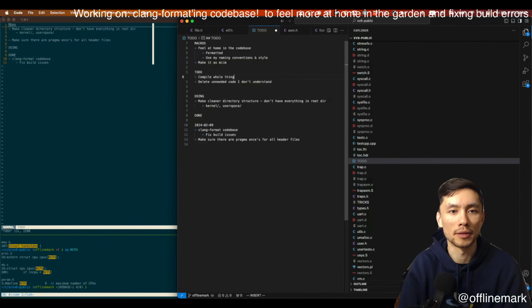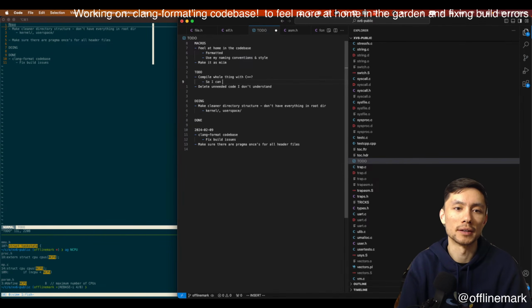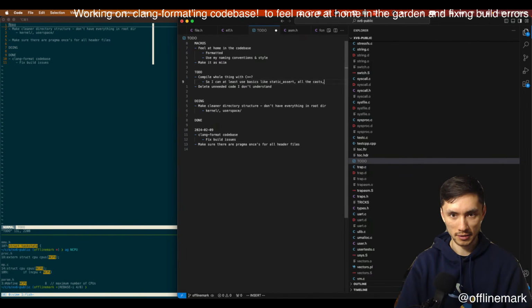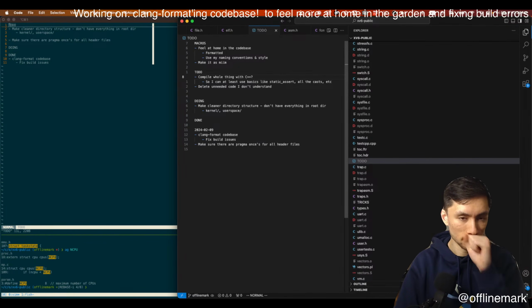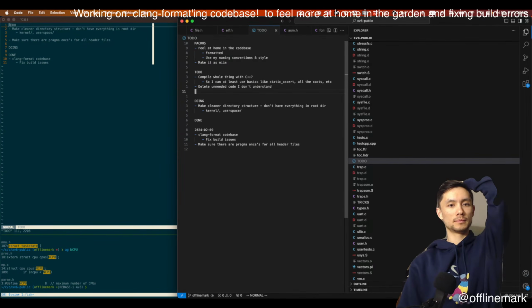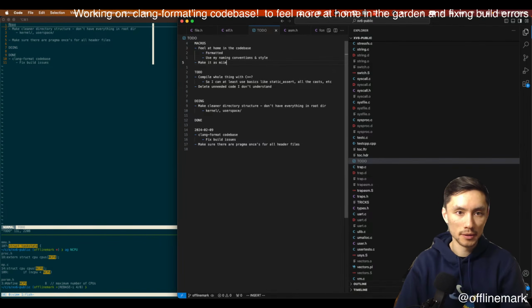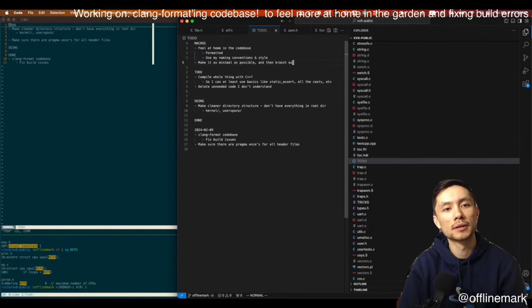Compile whole thing with C++, so I can at least use basics like static assert, all the casts, etc. Make it as minimal as possible, and then branch out.